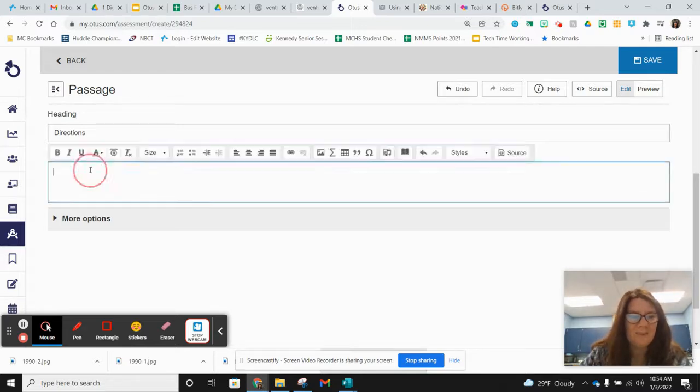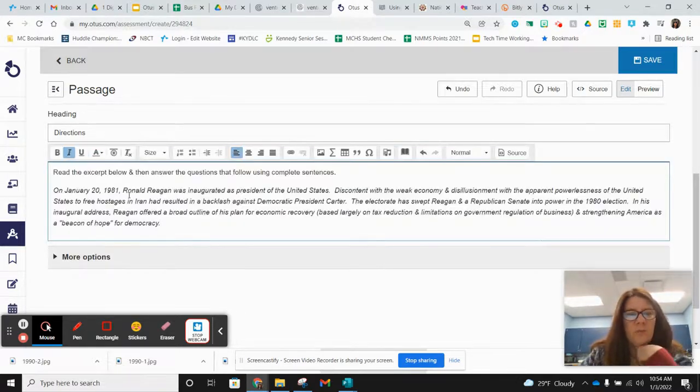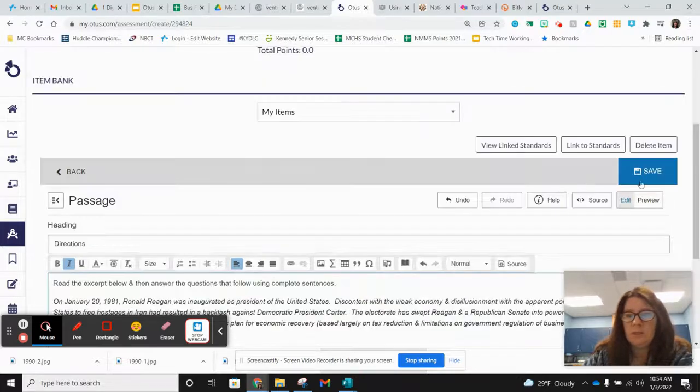Okay, and I'm back with this, and I'm going to paste. So I actually hand typed the first time these instructions in from the worksheet, and then this little section in italics just explains a little bit more about the presidency. So really that's all I'm putting in there for the directions. So I'm just going to hit the save button,